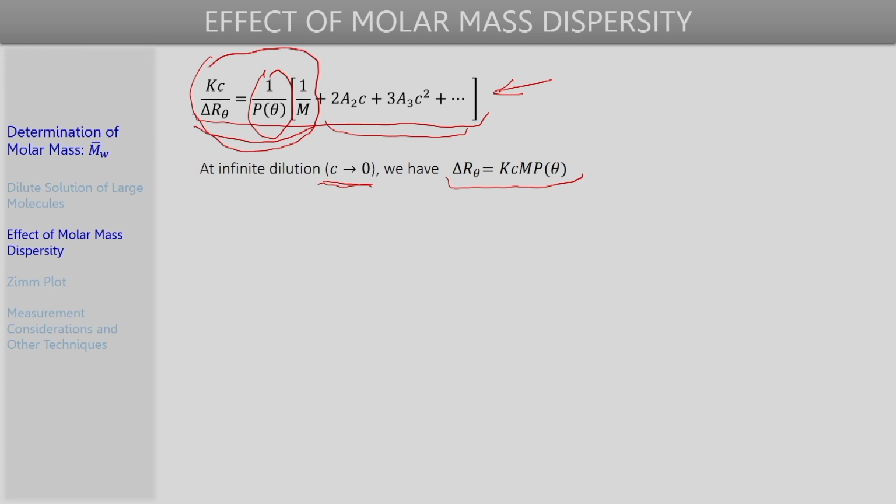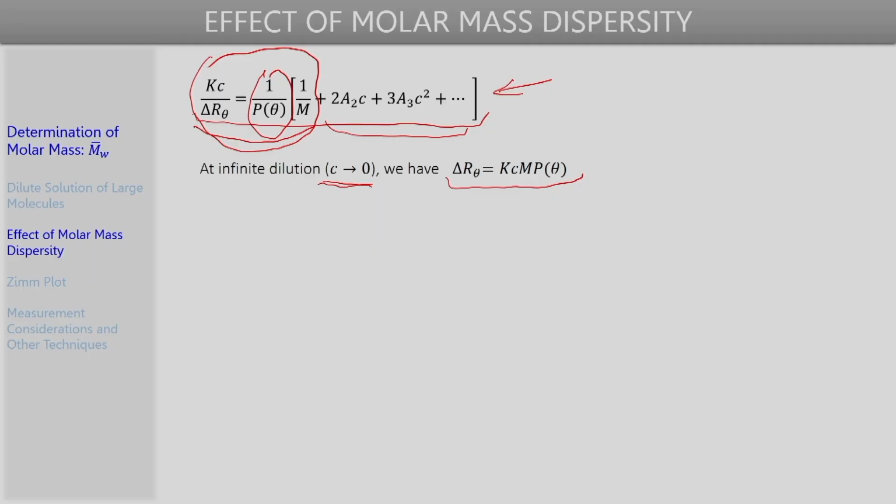Now, let us see, if instead of the solute having a unique molar mass, there is a molar mass distribution of the solute molecules, how that can be accounted for. If we have in our solution polymer molecules of different lengths, obviously their molar masses will be different as well. Then, for polymer molecules of a certain chain length or a certain molar mass, we can define the excess Rayleigh ratio specifically for each type of these polymer chains having different lengths.